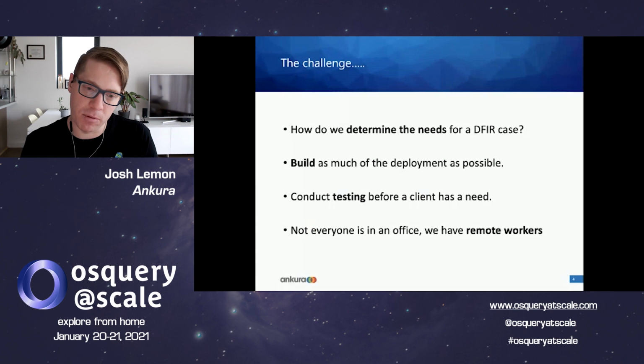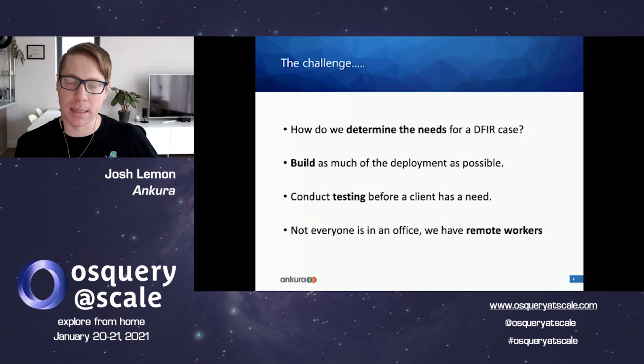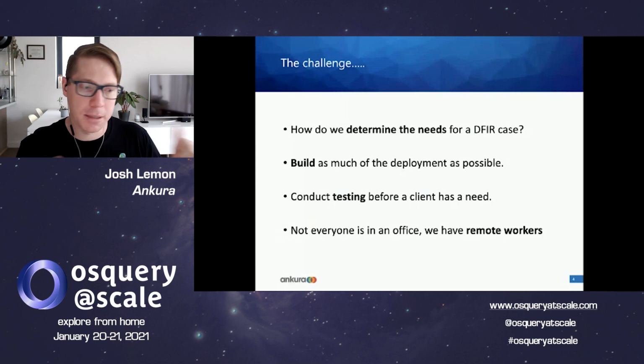Like the concept of saying, all right, we'll hold the logging platform out in the cloud somewhere so that we can access it as investigators. Perfect. We'll set up log shipping that will ship the logs from the osquery agents up to that location, and we'll figure out a means to do that. Okay, that's all well and good. But then actually deploying that in anger or rapid fire becomes a pretty big challenge at that point,